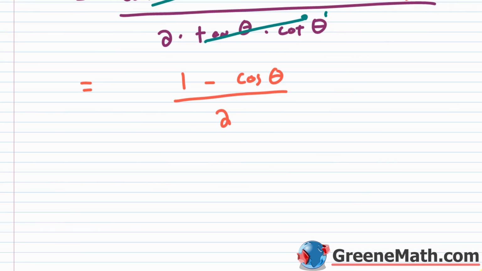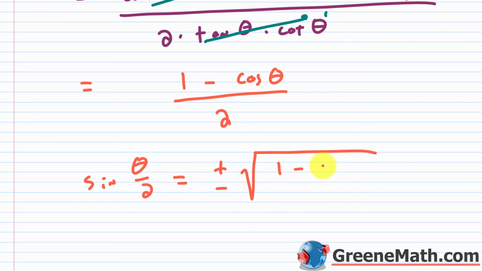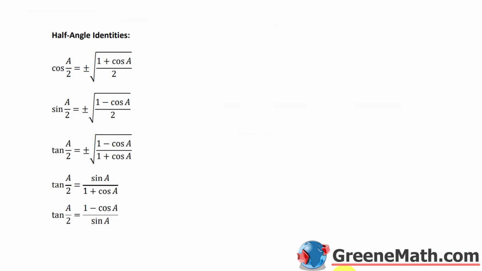So sine squared of theta over 2. How can we get that? If you just had the sine of theta over 2, that would be equal to what? This is plus or minus the square root of 1 minus the cosine of theta over 2. Right, I'm just getting this, again, from the handout here. So the second guy, sine of theta over 2 is equal to plus or minus the square root of 1 minus the cosine of theta